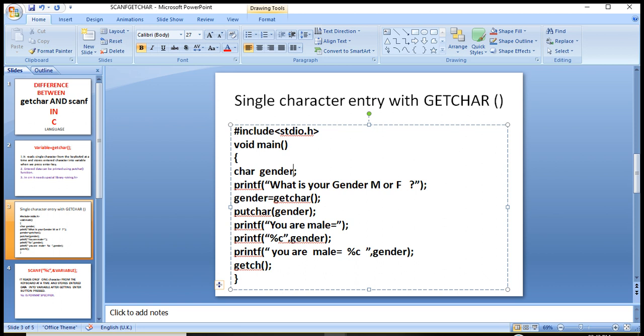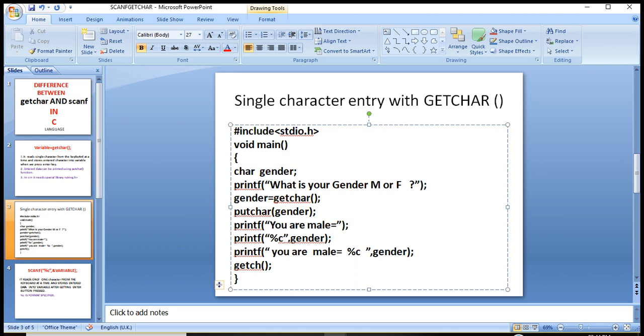So, have we understood? The getchar function will read only a single character from the keyboard and store it into the variable. And the putchar function will print a single character onto the screen. Okay? And with printf, the message "you are male" will come on screen. And then the gender variable data will be printed on screen once again.